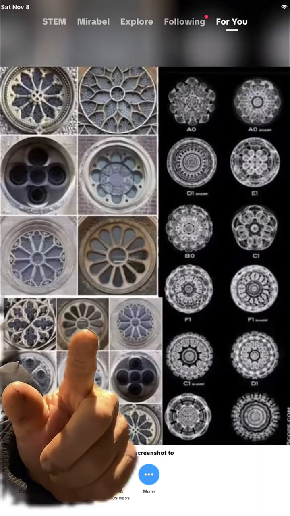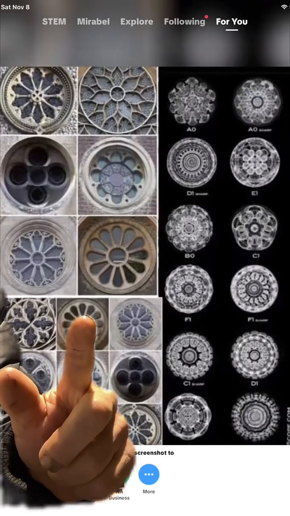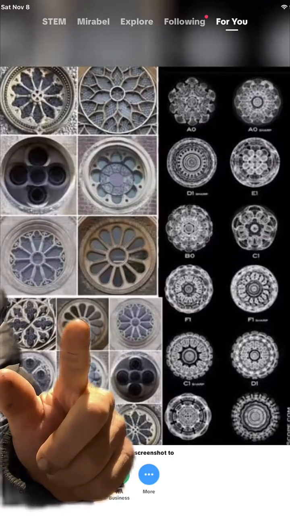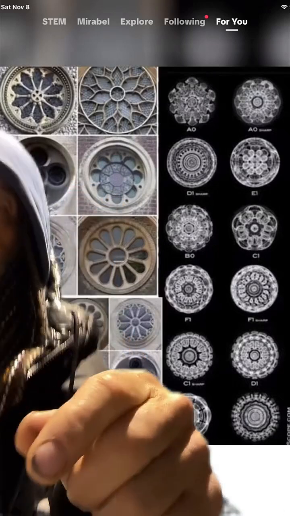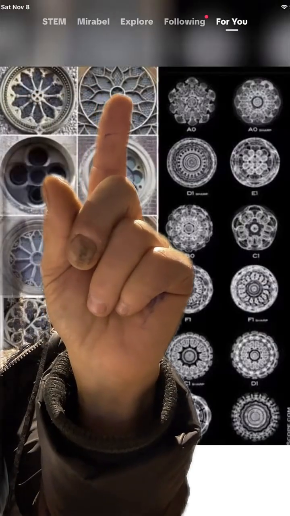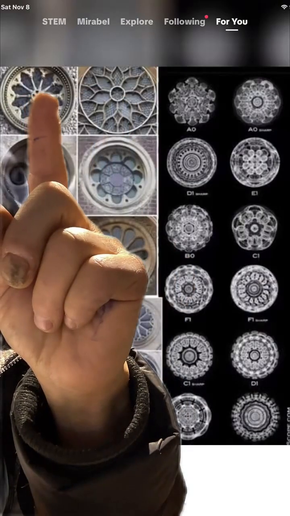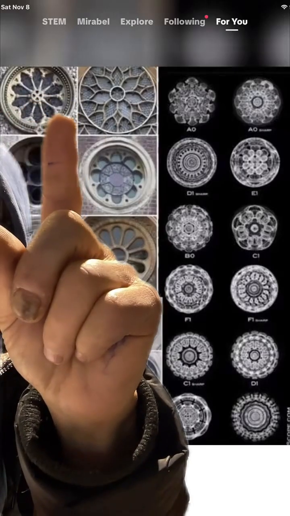Look at that. Okay, you see this over here? The only way to go into this one is I can't go straight up. It has to be over to the left, over to the right. This one over here, where can I go straight up? Okay, look, we have a straight up over here. We have a point right over here, a meeting point here. We have a meeting point here. See, straight up, and you go out to the left and to the right. See the way they all have meeting points?